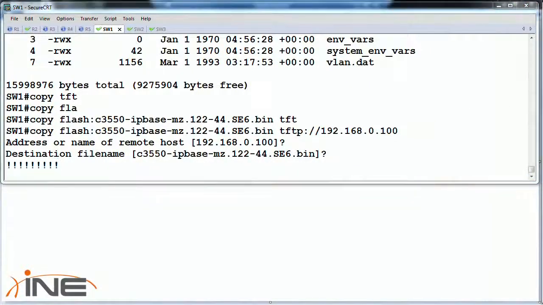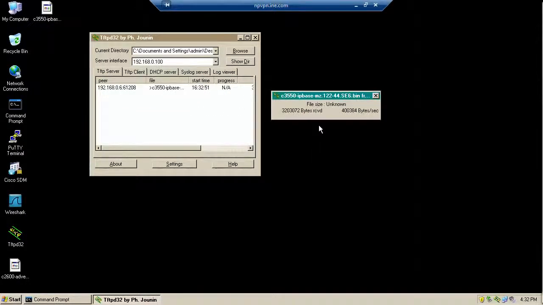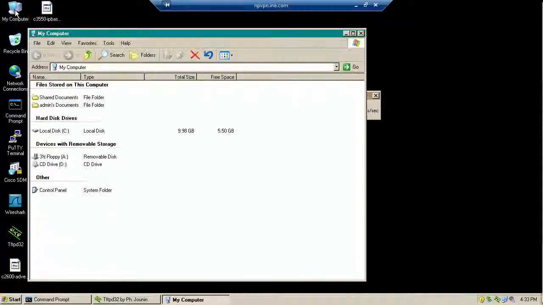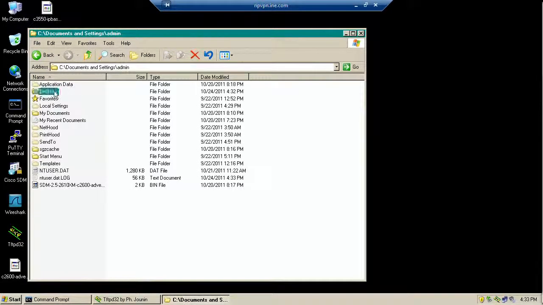And assuming that the Windows machine is actually running the process, we should see that it's automatically going to start receiving the file. So here now I have these stored just on the desktop. If you were then to look at the actual files here on the desktop,